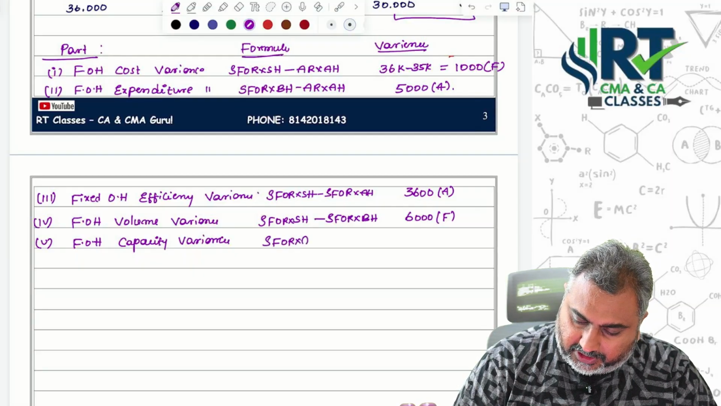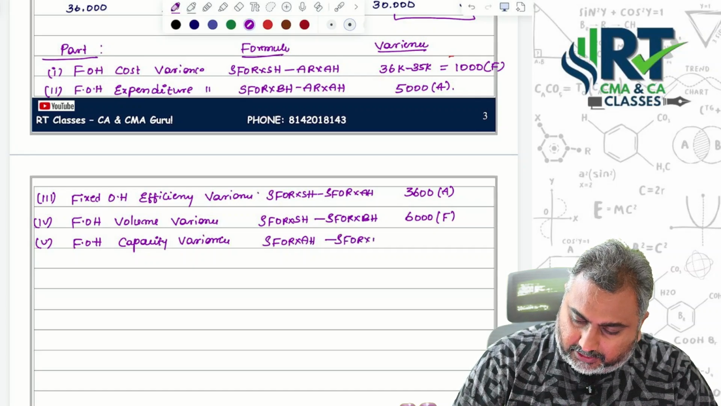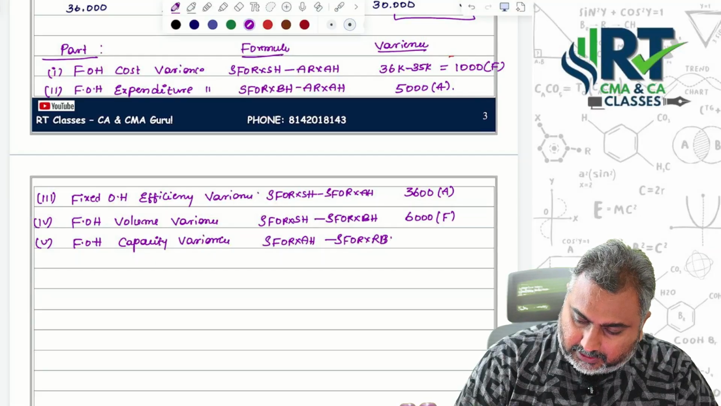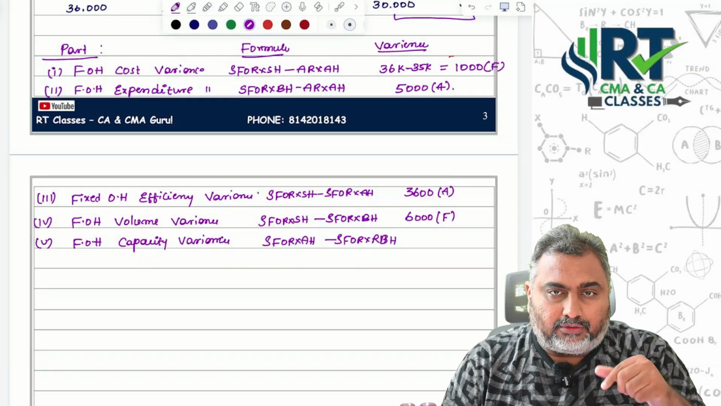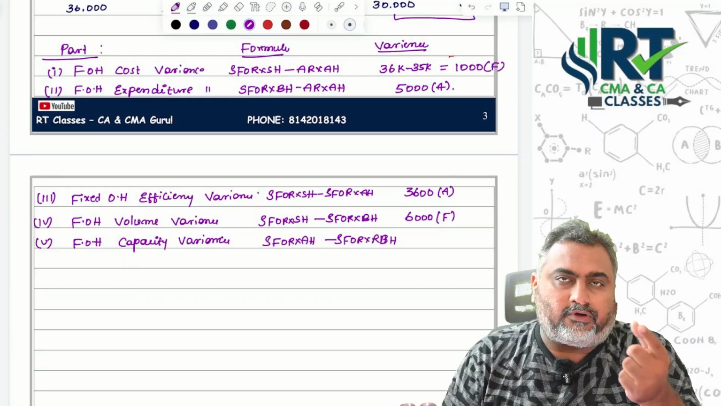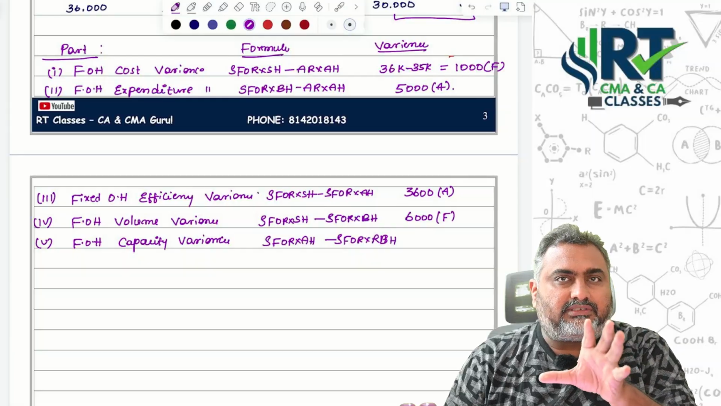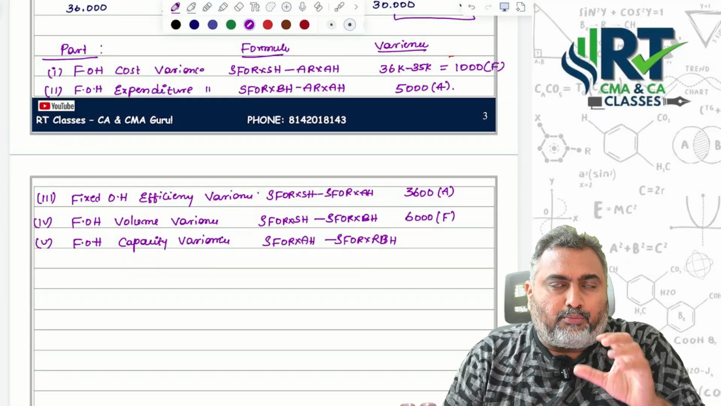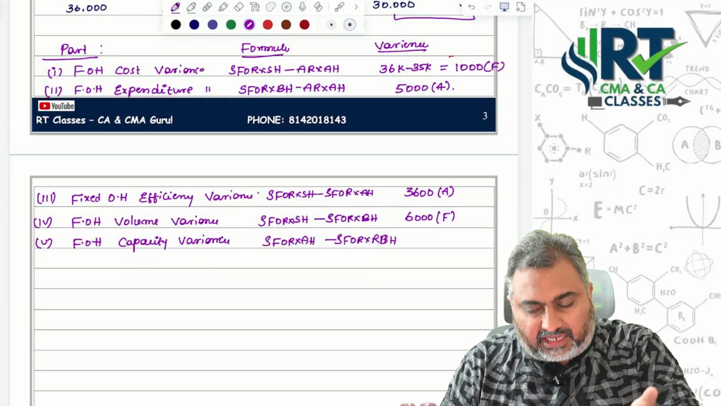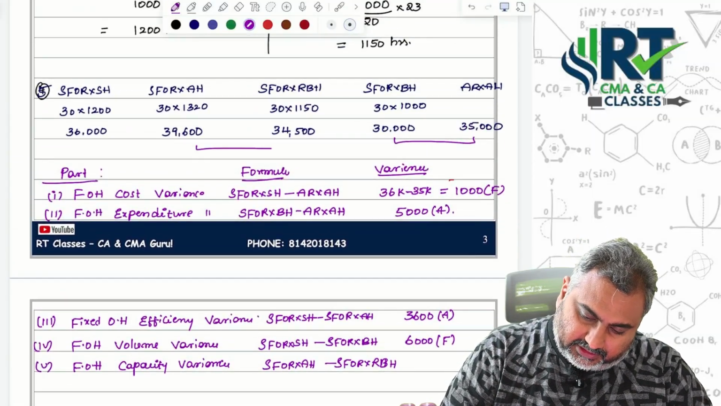SFOR into AH minus SFOR into RBH. If RBH was not there, it means SFOR into AH minus SFOR into BH, because there is no revision in your estimations versus absorption. This fixing part requires a lot of skills and competency. That's the reason we are using the word capacity. So how much? The difference between these two,